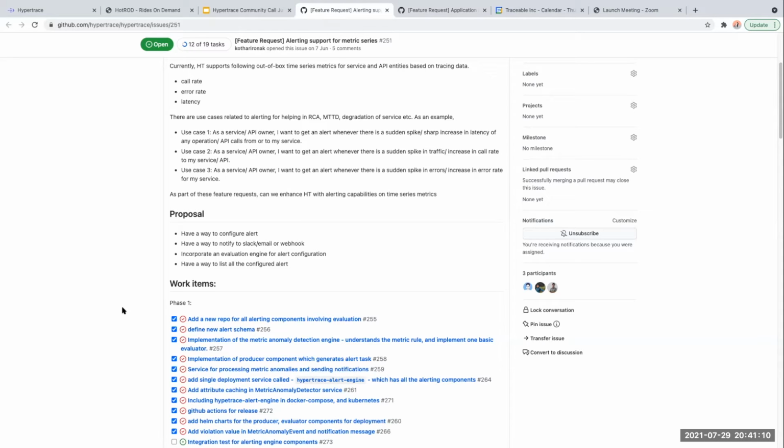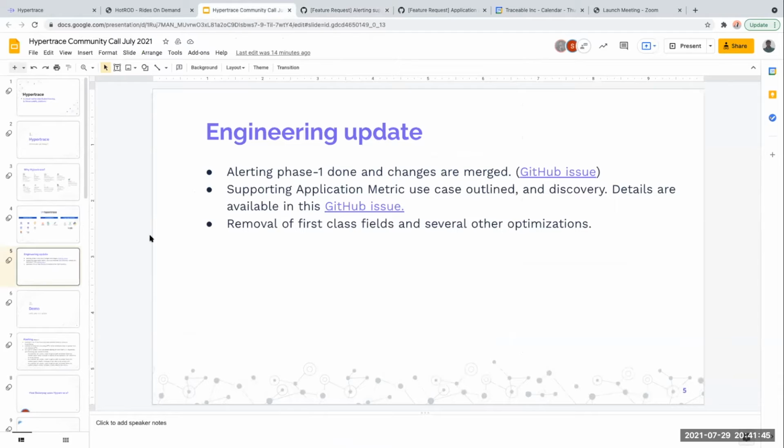So we have provided functionality to alert you: first of all, a rule that you can use to configure, select any of these metrics, specify a threshold, and then expect an alert on Slack as of now, or any webhook. I will talk about the rules and other details in the next demo that we'll have after this. Before that, let me jump to the next point, which is metrics.